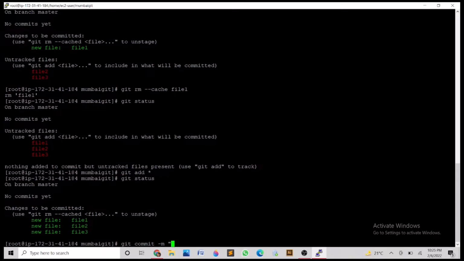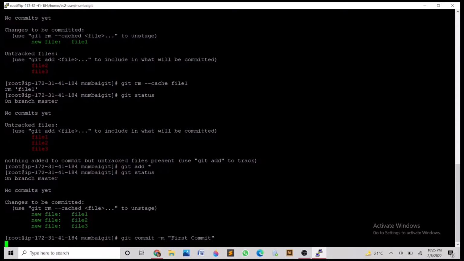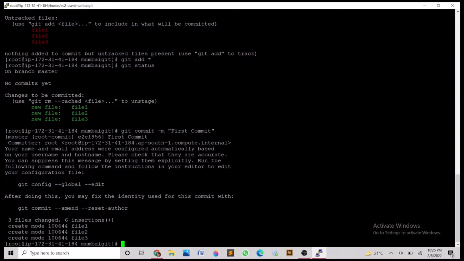For the message, I'm going to type first commit. You can type whatever you want, however you want this commit to be remembered as. Now that we're done sending the files from the staging area to the local repository by using the commit command,